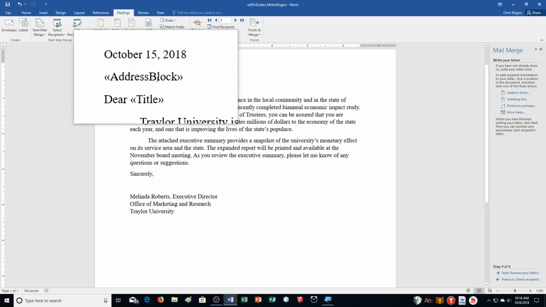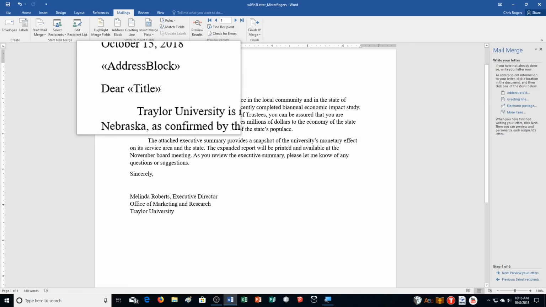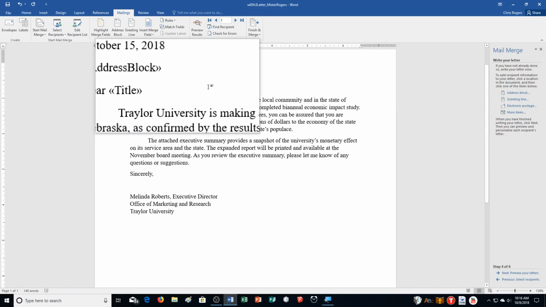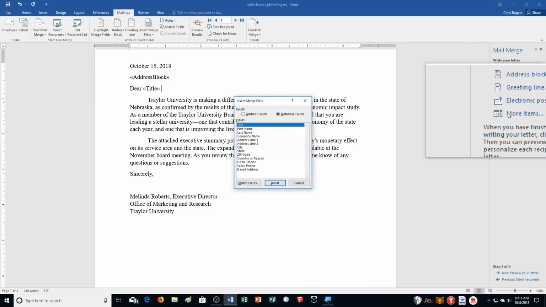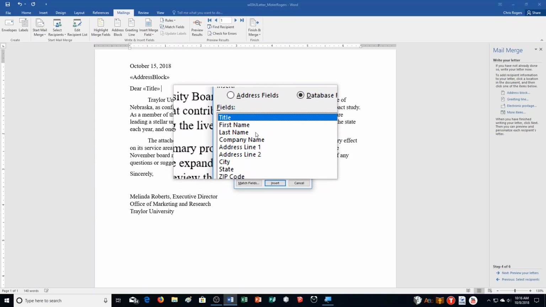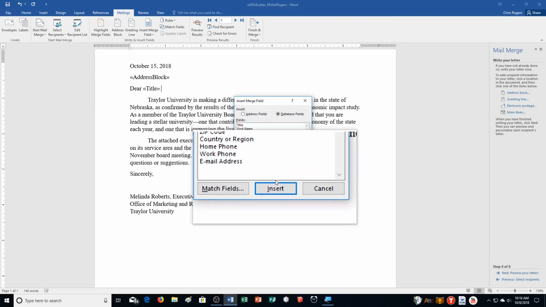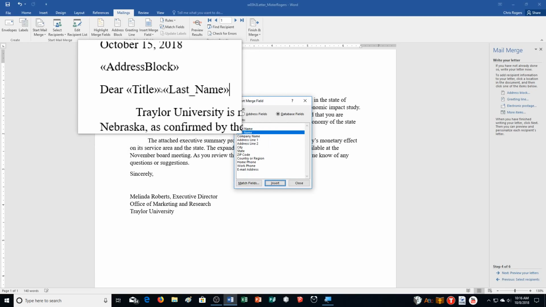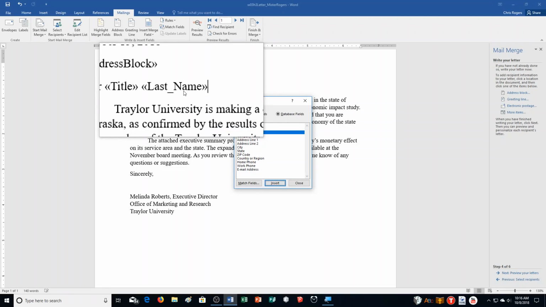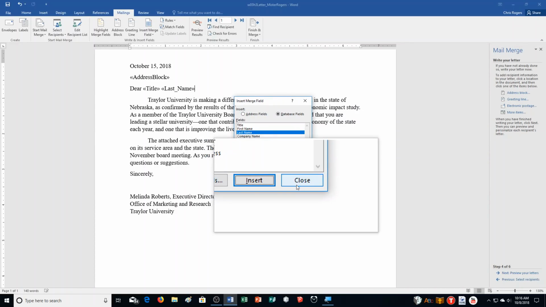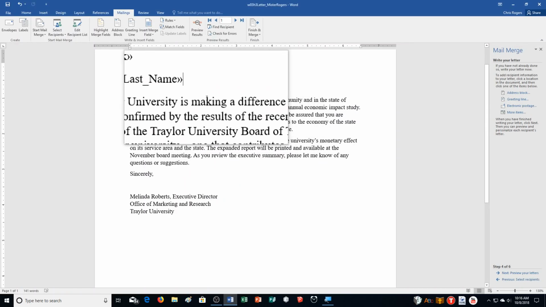So you can see here address block, dear, title. Click close. Then it says press space bar, and then click more items, and then choose last name, and then click insert. So now you can see title, last name, click insert, and then click close. And then it says after the last name we inserted, we're going to type a colon,